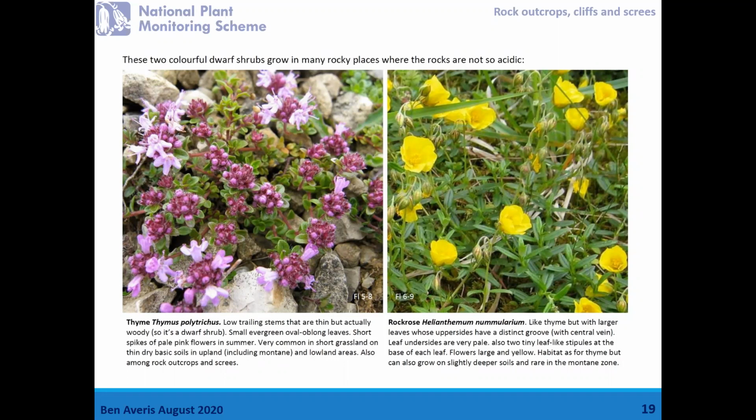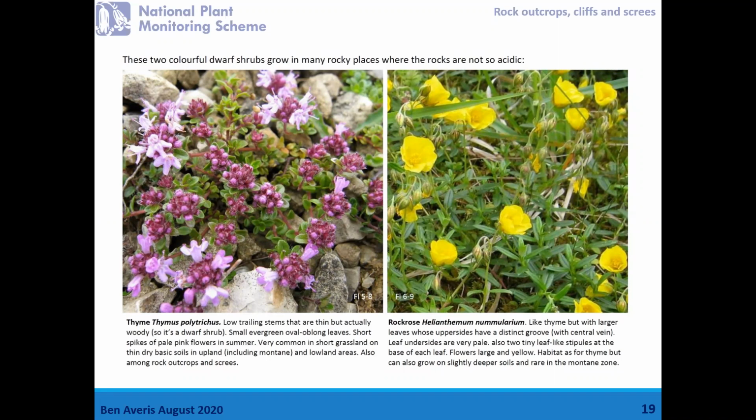Stems are quite thin, but they are actually woody. That's why they're dwarf shrubs. You can tell if you haven't got the flowers. Obviously, if you have got the flowers, you can tell them very easily. But if you haven't got the flowers, you can tell these two species apart from each other because the wild thyme's leaves are smaller. The rock rose leaves are quite a bit bigger, and they have a distinct groove running